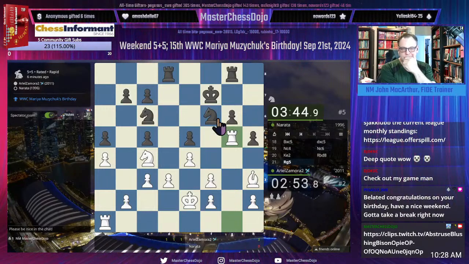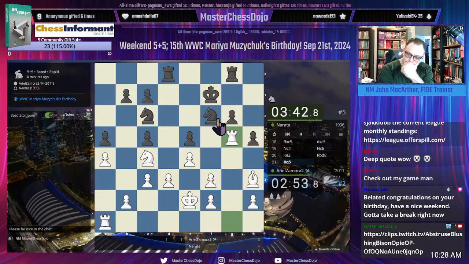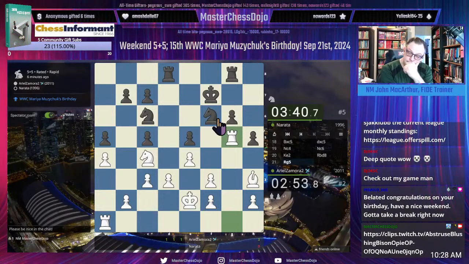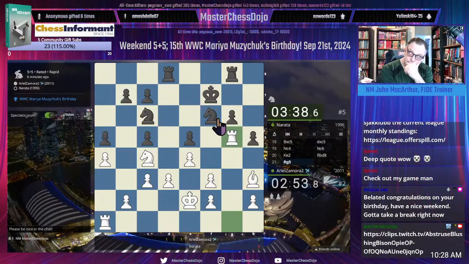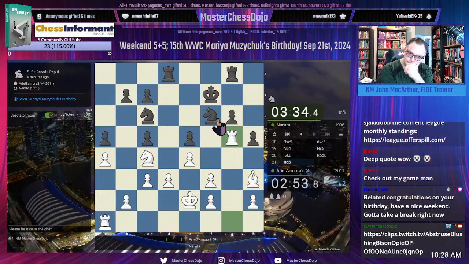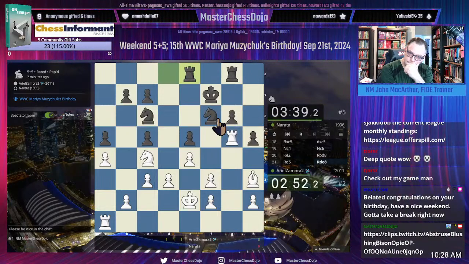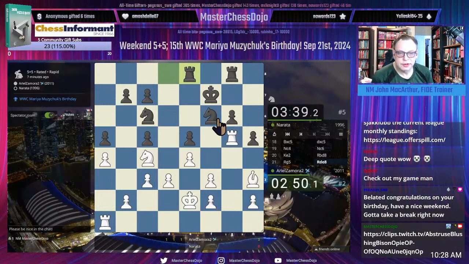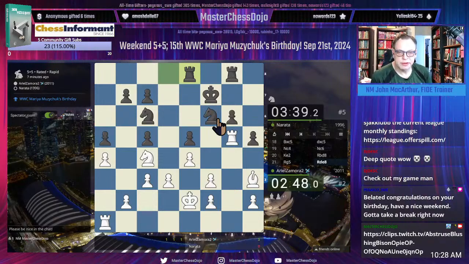Now white is a little bit behind in this mess. Doubling rooks, and if rook g7, then bishop f5.